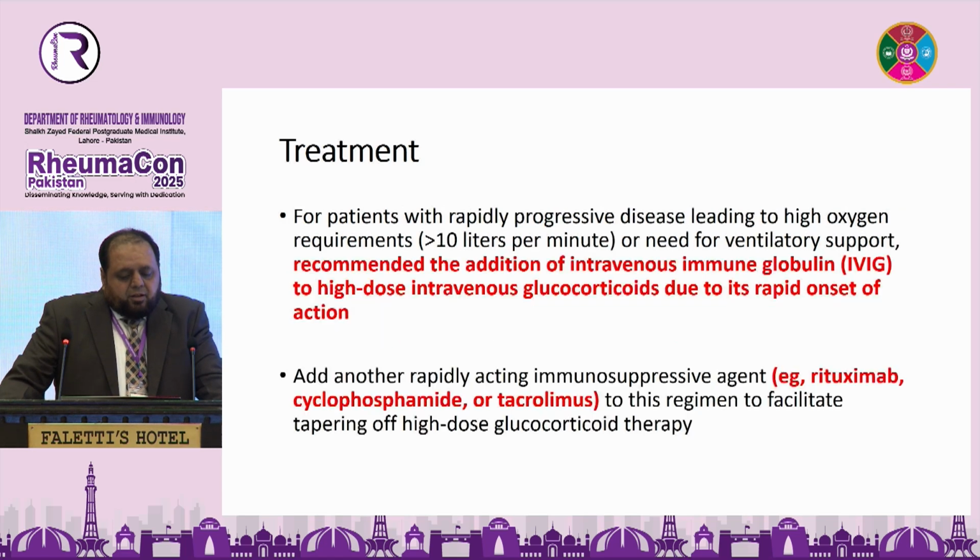For patients with rapidly progressive disease leading to high oxygen requirement, like a patient who presents in the emergency with an oxygen demand of 10 liters per minute and may need ventilatory support, it is recommended to add intravenous immunoglobulin to high dose intravenous glucocorticoids due to rapid onset of action. And then later you can add on rituximab, cyclophosphamide and tocilizumab